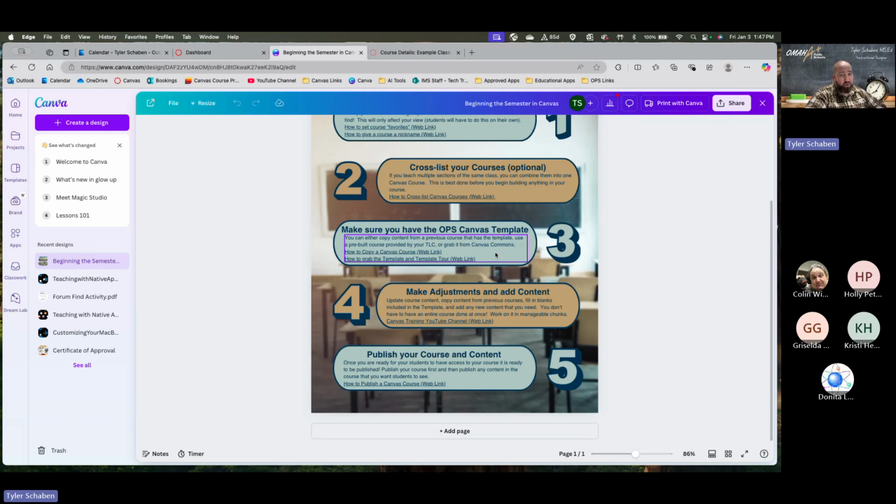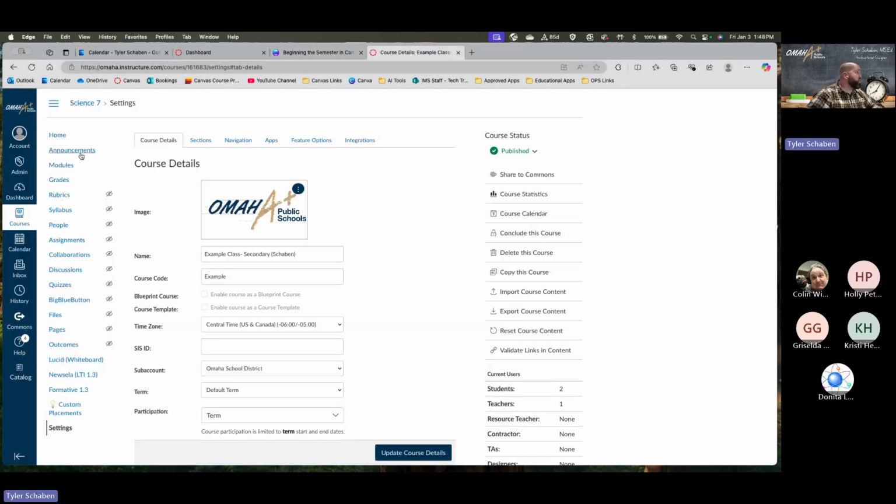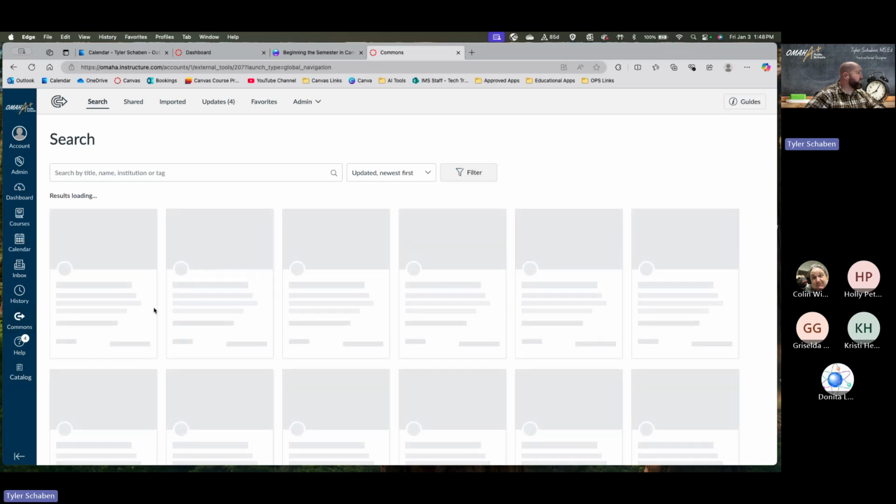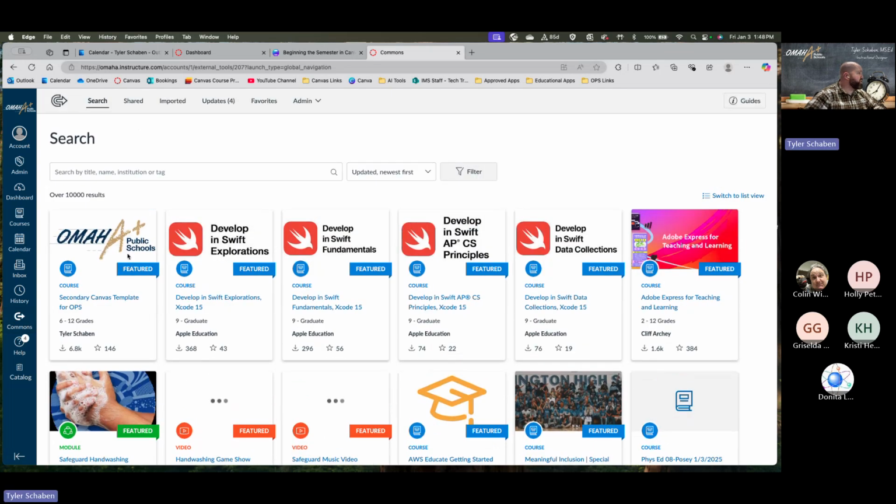So let's say that this is a brand new course, you have not taught in Canvas, so you don't have anything in there. Where do you start? Because your course will be completely empty. What you can do is on the side here, you can go to what's known as Commons. So it's this Commons button over here. And when you click on Commons, one of the featured options on the front page right here is going to be our secondary Canvas template for OPS. So this is a template that you plug into your course that makes it easier to get going on your stuff. So if I click on this item,